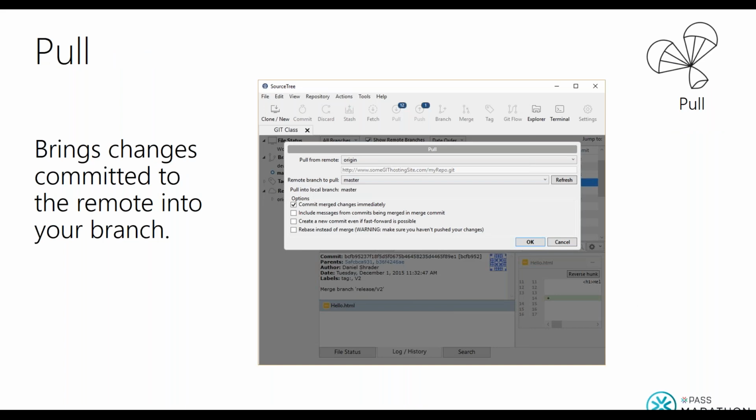This is really, really nice to be able to do some of these things. And the final one is pull. And what this is going to do,